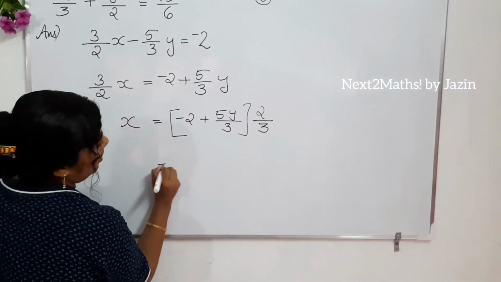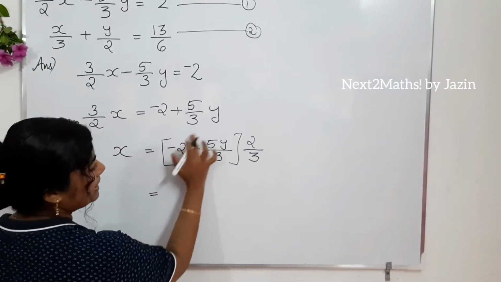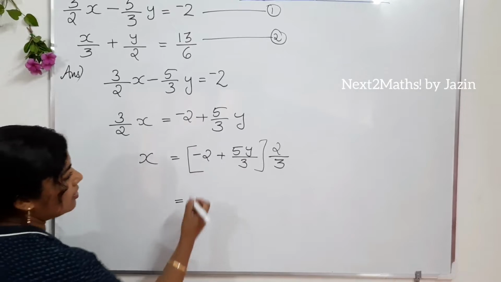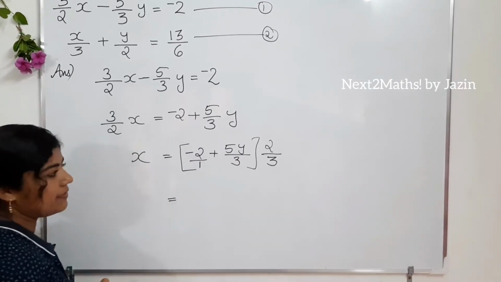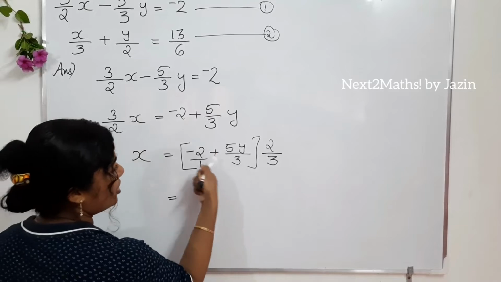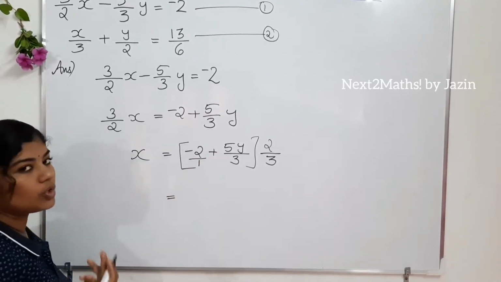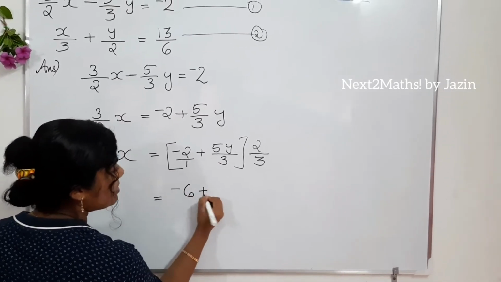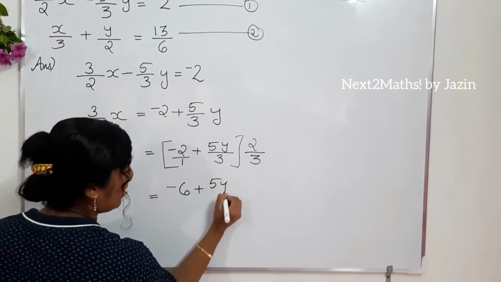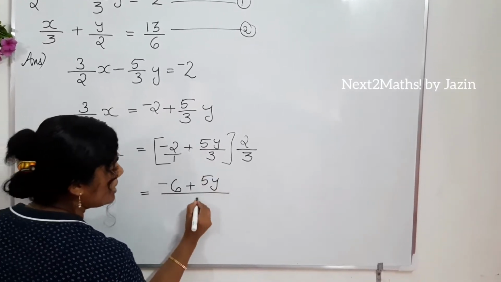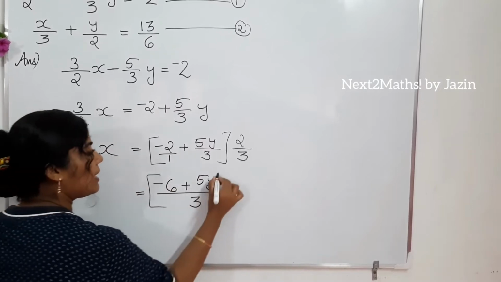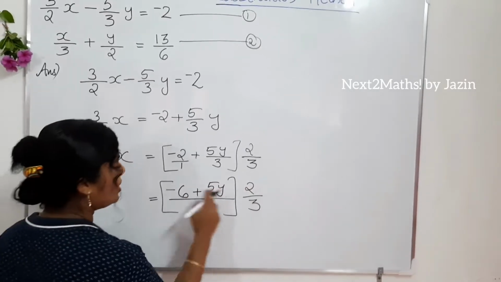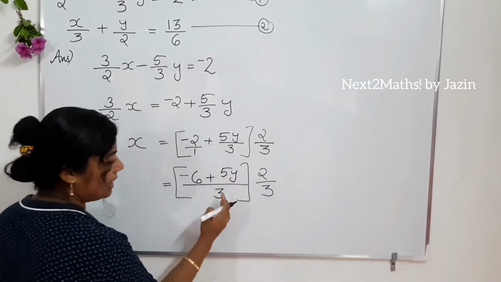Now, just do cross multiplication on this side, because here it is a plus. We write 1 if there is no denominator. So, one more fraction: addition of fractions, do cross multiplication. So minus 2 into 3 is minus 6, plus 1 into 5y is 5y, divided by 1 into 3 is 3. That we multiply with our 2 by 3. So 2 multiplied with minus 6 plus 5y, and 3 multiplied with 3.